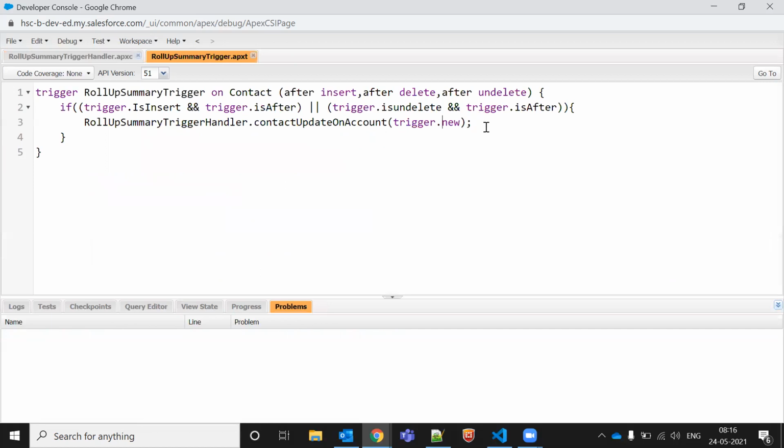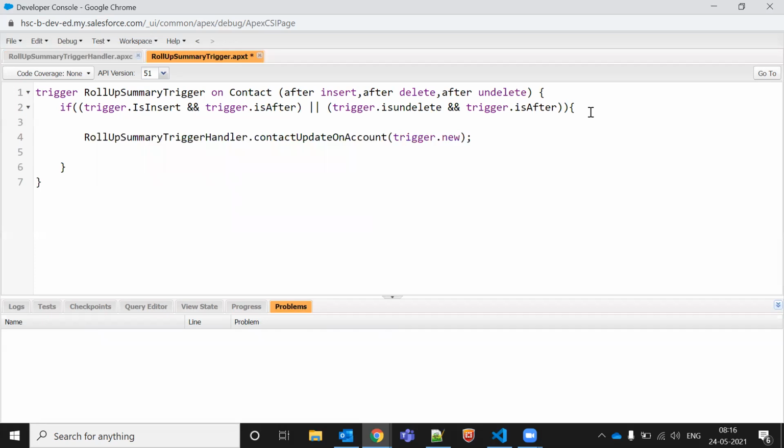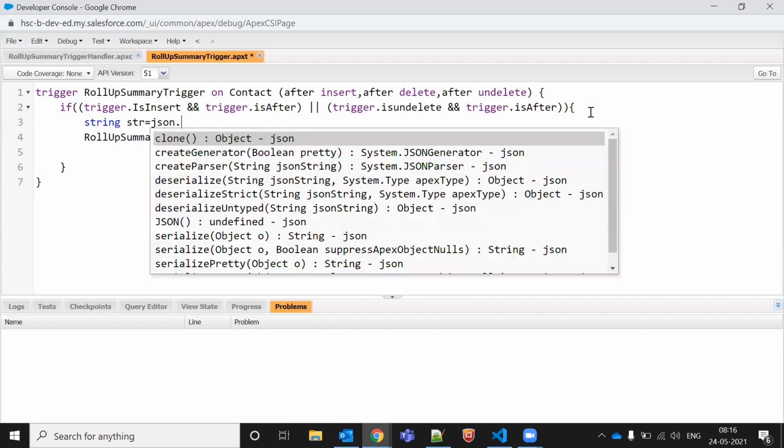So what we will do here, we'll do one thing. Before that, string str something, JSON dot serialize.